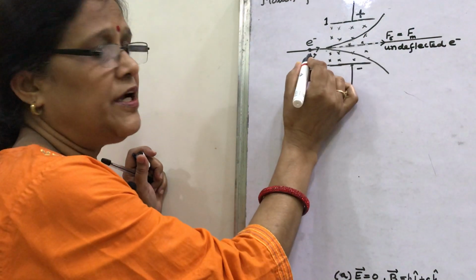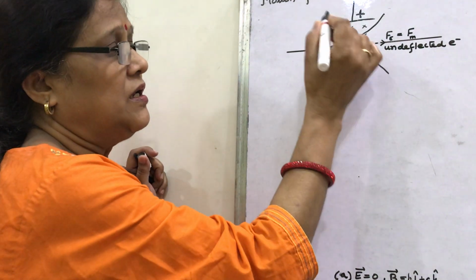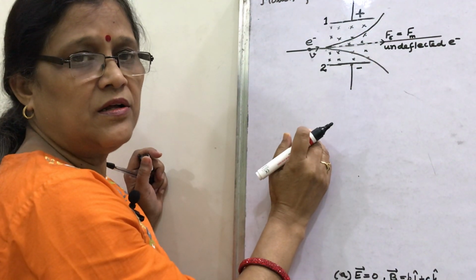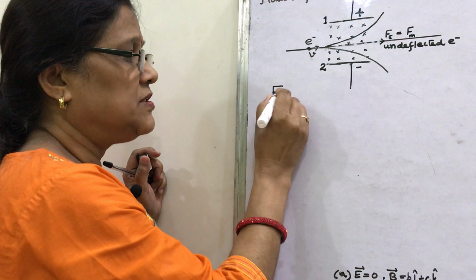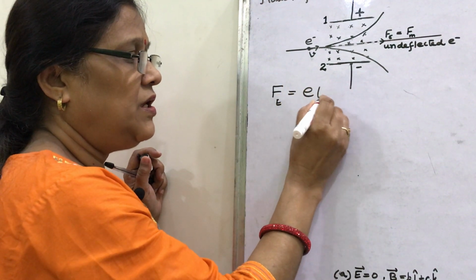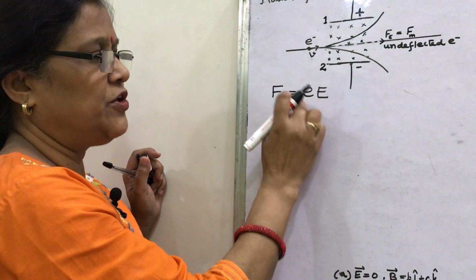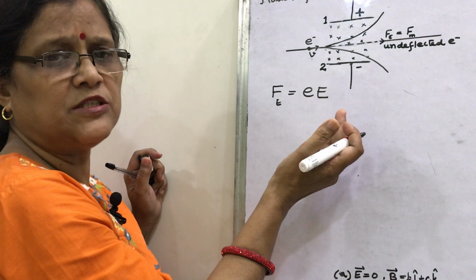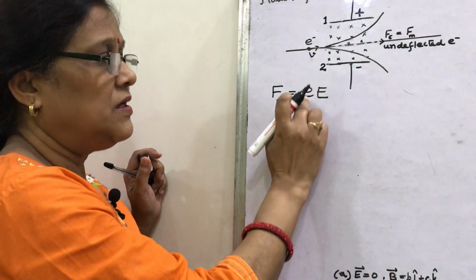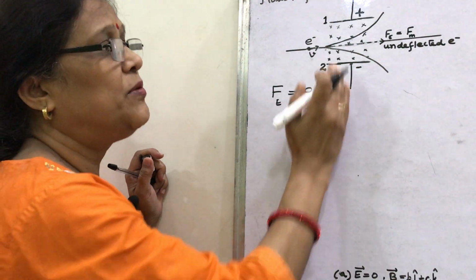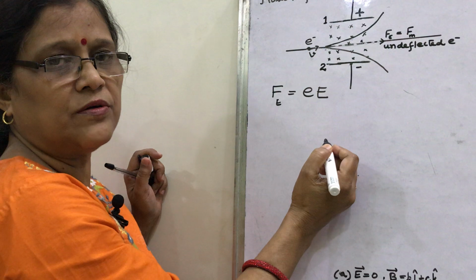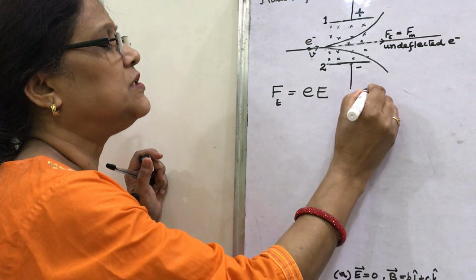That electron is negative charged particle, so it experiences a force in the direction opposite to the electric field. So Fe is the electrical force, and it is equal to eE for this case, otherwise you can write qE if q is any charged particle. Here I have taken electron, a negatively charged particle, so it is experiencing a force opposite to the direction of electric field, that is from negative to positive. So you can show that this is the force Fe.